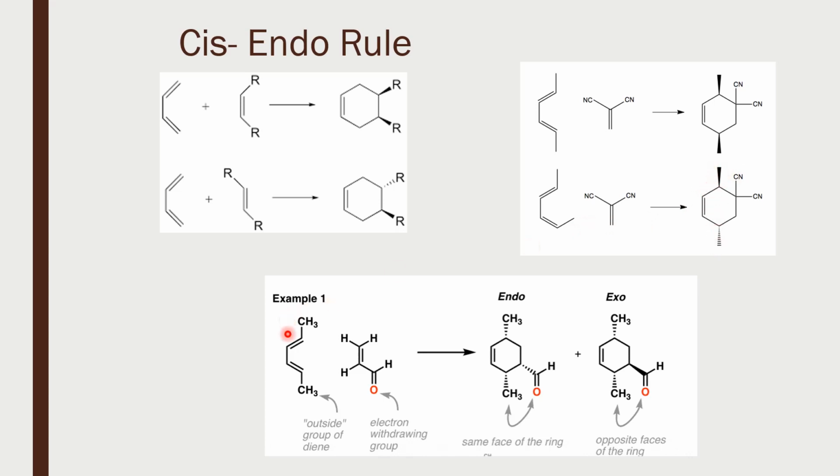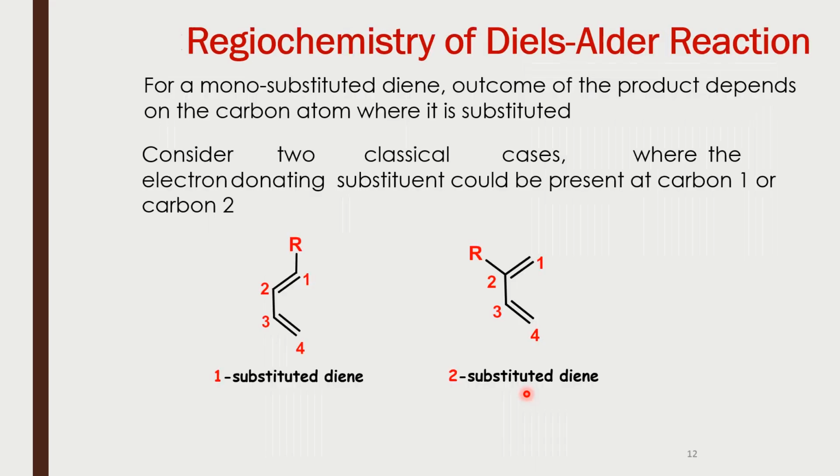But if I had an EZ type of olefin, then you will see that in the product the substituents would be trans. Now here you have an example of a reaction where you have substituents on the diene as well as a substituent on the dienophile. So here the possibility, now these are groups which are coming out, so they are going to be alpha, and you want an endo approach, so this also has to be going below the plane. So the major product is going to be this. If it approaches from the top side, you would get the enantiomer of this product, and that's why we said that it would result in a racemic mixture.